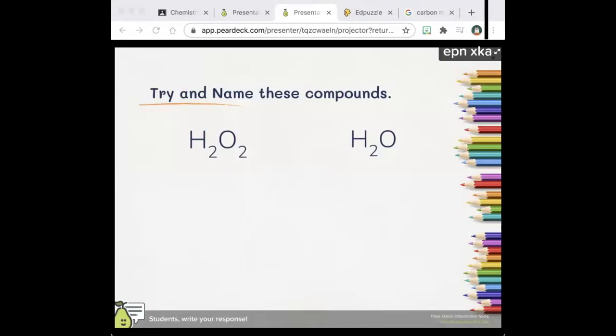Okay. All right, very good. If we look at your classmates' answers, some of us spoiled the fun a little bit, but most of you guys did exactly what I asked. And what I asked was for you guys to name these compounds